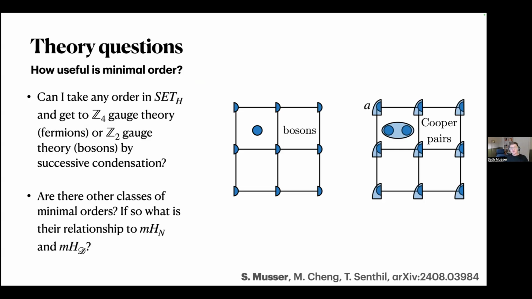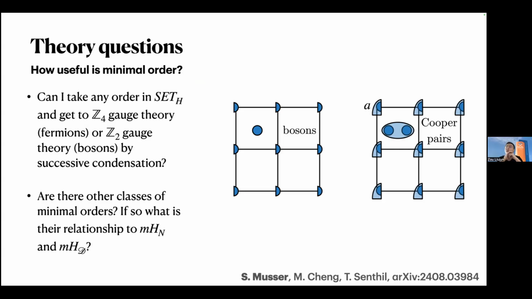But yeah, I would expect that. Indeed, this Cooper pair construction that we came up with was motivated by thinking about going into the superconductor and then condensing vortices, which helps you to see the C4 gauge theory. I put it in real space pictures because they're easier for cartoons, but that was how we thought of this in the first place. I guess not surprising to you. You know that Synthel has thought a lot about this sort of thing.